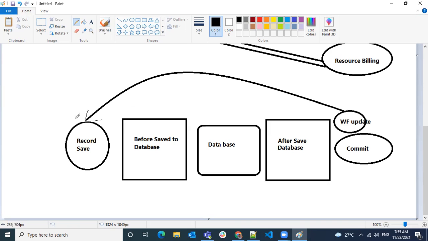Because it's again record saving, it will go to the database again. And if you have the checkbox called reevaluate the workflows, all the workflows on this record will be fired again. Again it will come to the first step, and it will again save to the database.